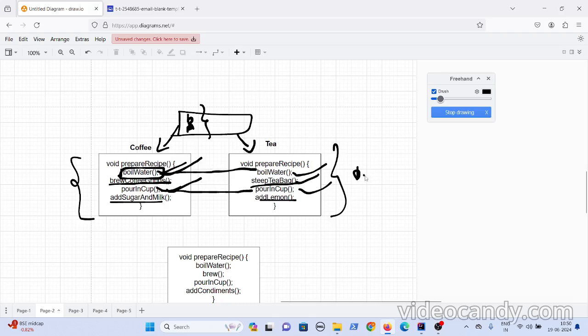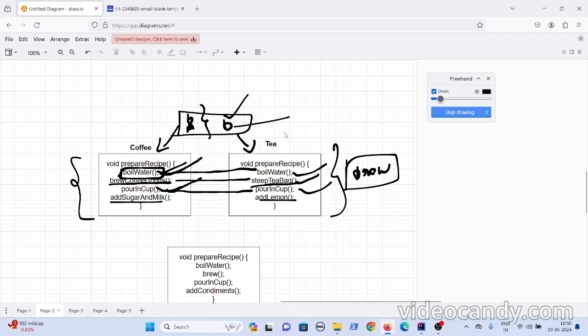So here, instead of doing brew coffee grinds and steep tea bag, you can name both these steps as brew, so that this particular method you can also add in the parent class, right? And then let's declare this as abstract, because the item you are adding for brewing is different, so you can't put that implementation in the parent class, because here you should add coffee powder, and here you should add tea powder.